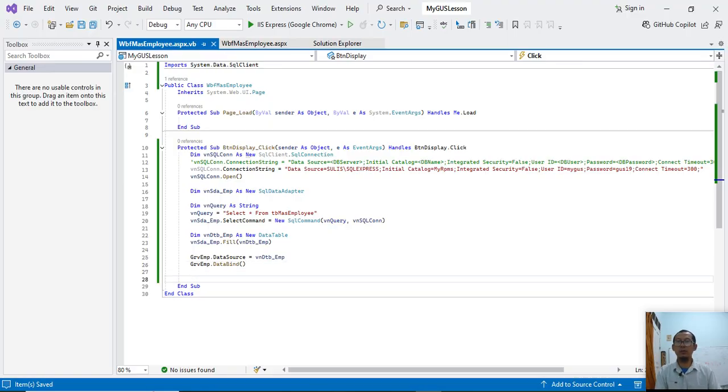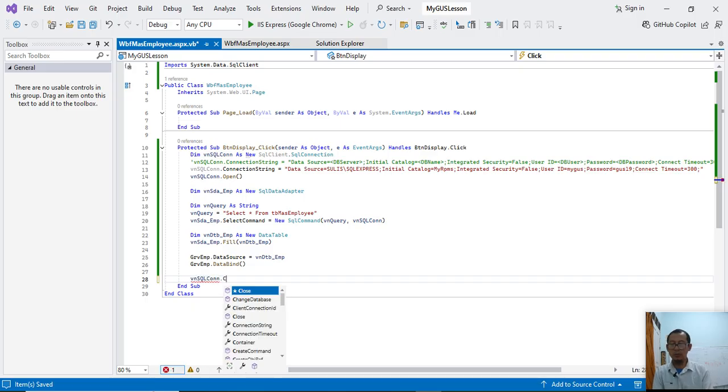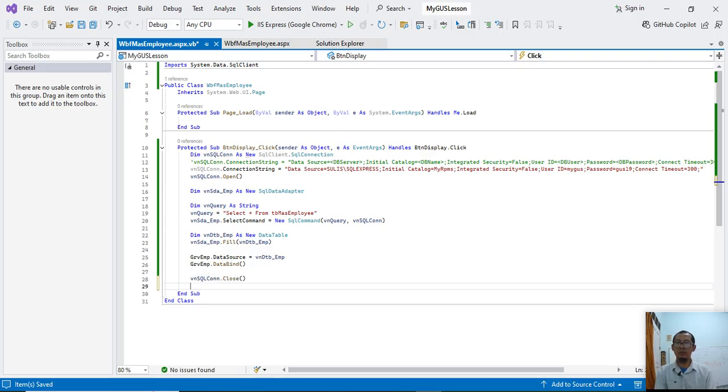And don't forget to release the memory of our web server. We have to release any object that we already set up before. For example, I have to close the connection. Since the data is already displayed in our grid view, the process to get data from the database is already finished, so we have to close the connection. Close.